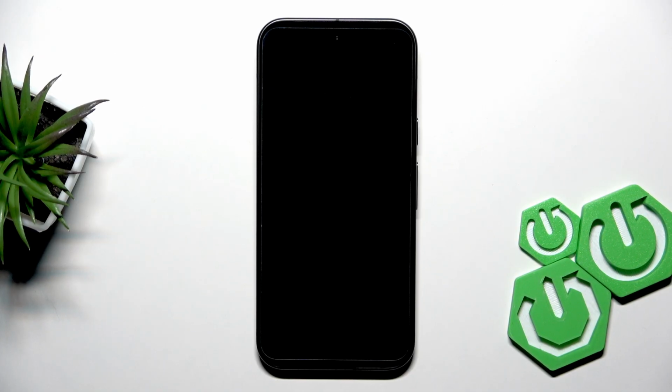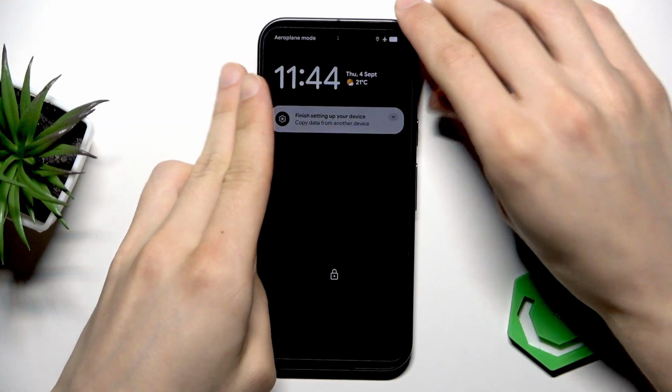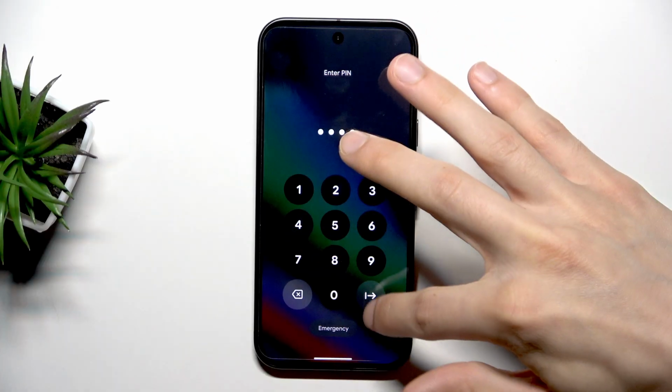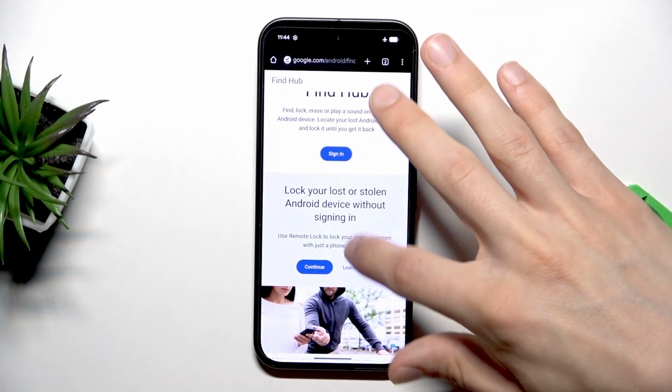Alternatively, you can perform a factory reset operation, which will erase all data from your phone, but will surely let you regain access to it, and you can perform it by yourself. Now, there are two ways you can perform it. You can either enter a Find Hub service using any web browser on any other device that you have,